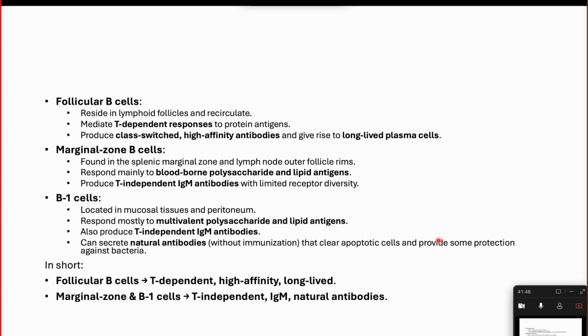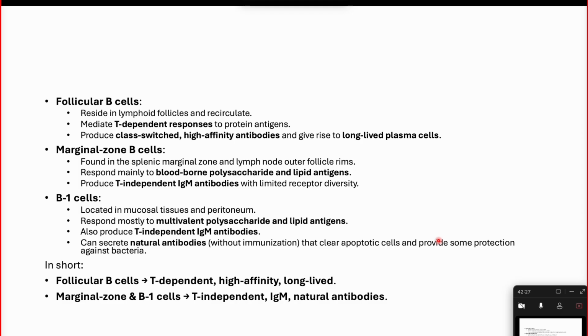If you talk about follicular B cells, they reside in lymphoid follicles and recirculate, mediate the T-dependent response to protein antigens, produce class switched high affinity antibodies, and give rise to long-lived plasma cells. Marginal zone B cells are found in the splenic marginal zone and lymph node outer follicle rims,